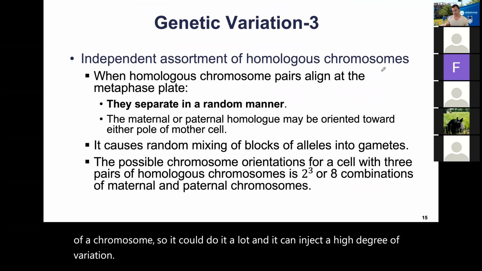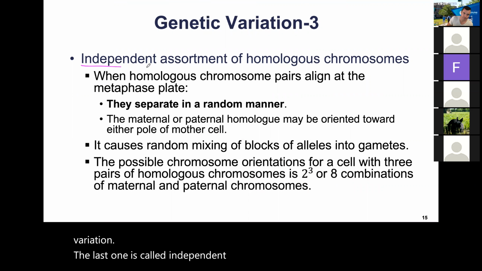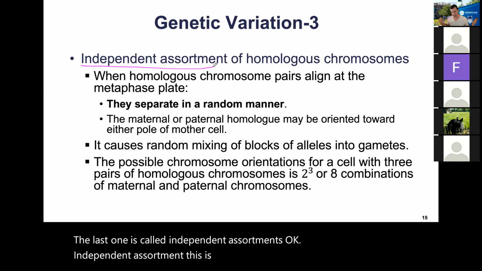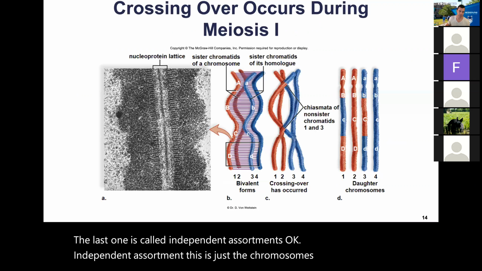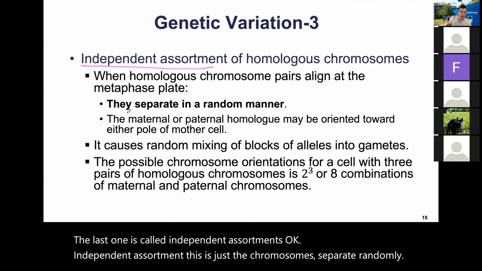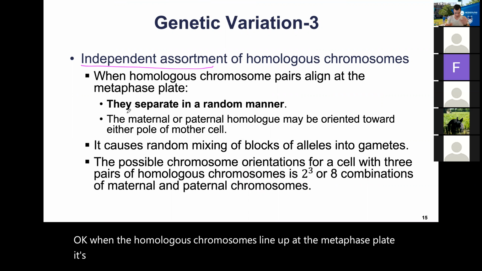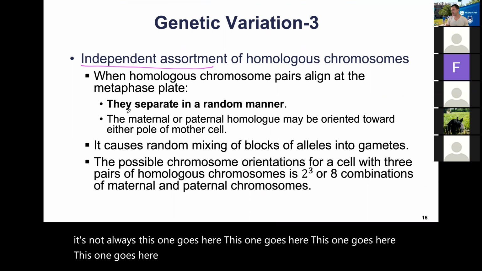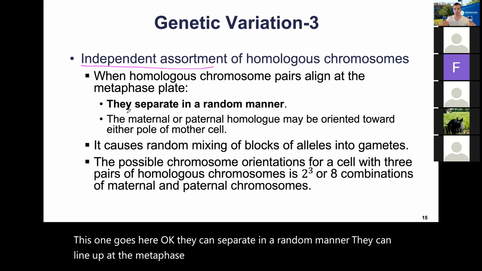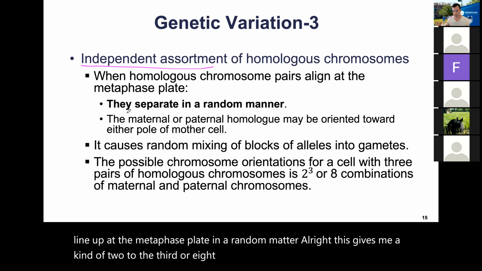The last one is called independent assortment. Okay, independent assortment. This is just the chromosomes separate randomly. When the homologous chromosomes line up at the metaphase plate, it's not always this one goes here, this one goes here, this one goes here, this one goes here. Okay. They can separate in a random manner. They can line up at the metaphase plate in a random manner. All right. This gives me a kind of 2 to the 3rd, or 8, different combinations between a maternal and